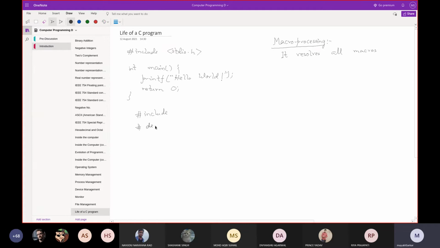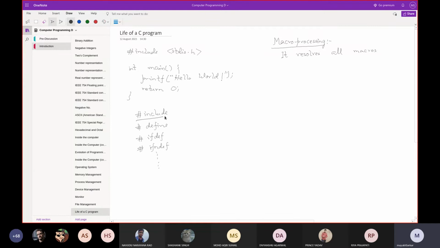Hash include, hash define, rather they are here to make programming much easier, right? And so on. There are multitudes of macros, and in C all of them start with the hash, and each of them has very specific characteristics in which they help to write a better program.